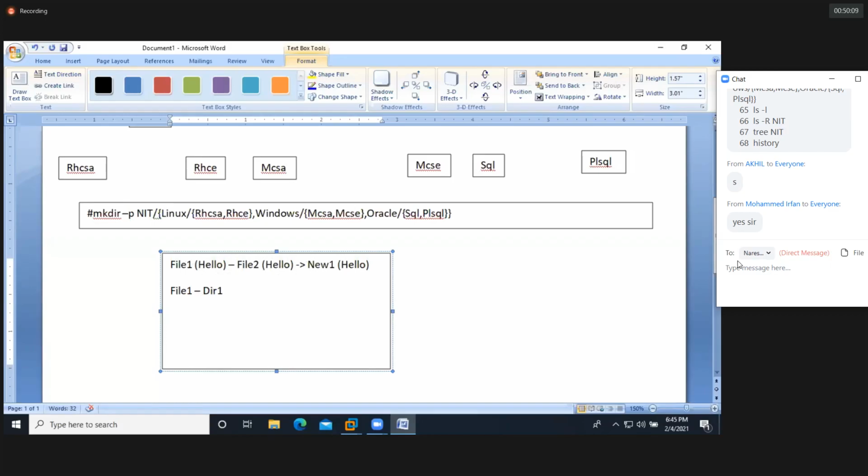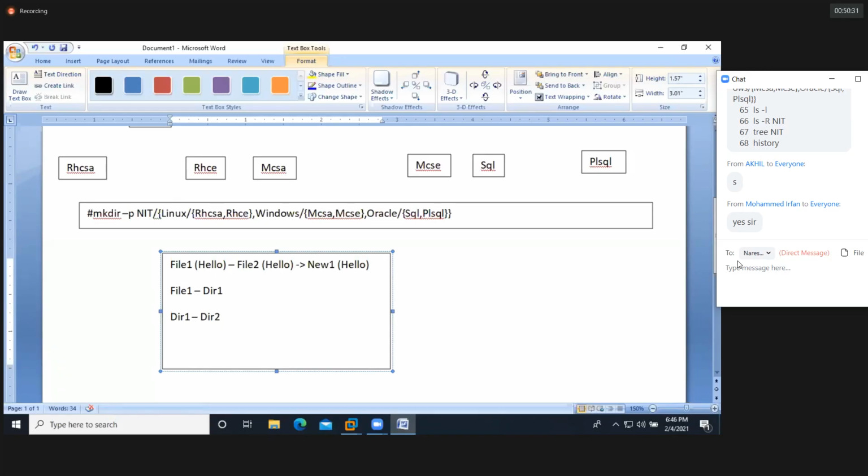Can we copy directory to directory? Yes, guys. I'm trying to copy dir1 to dir2. It is possible. Can I keep a folder inside a folder? Yes. We can keep folders inside folders, guys. So I'm creating one folder called movies.